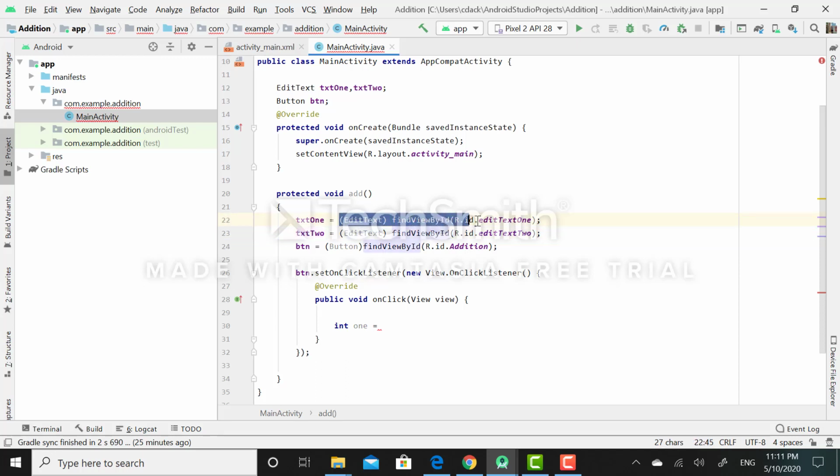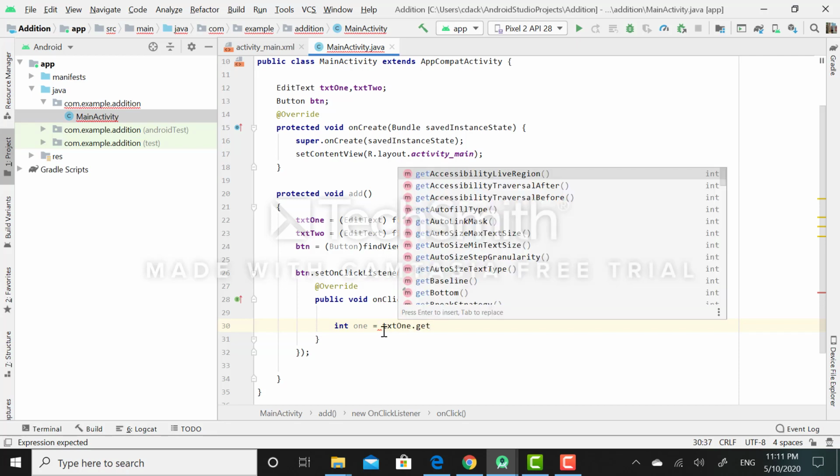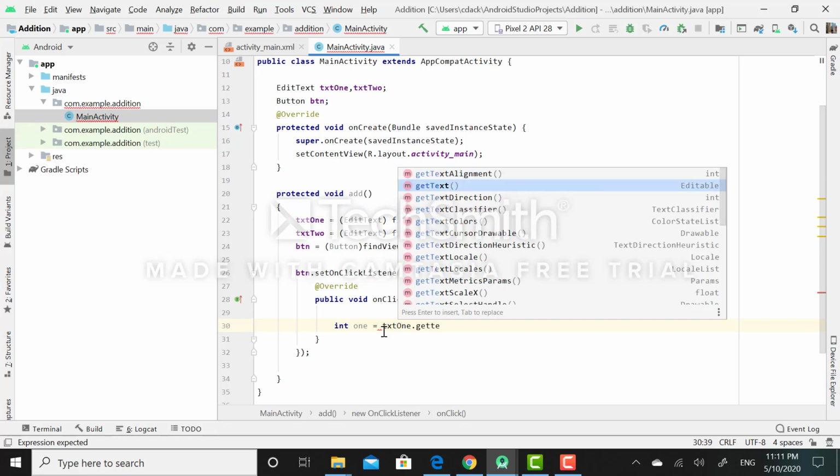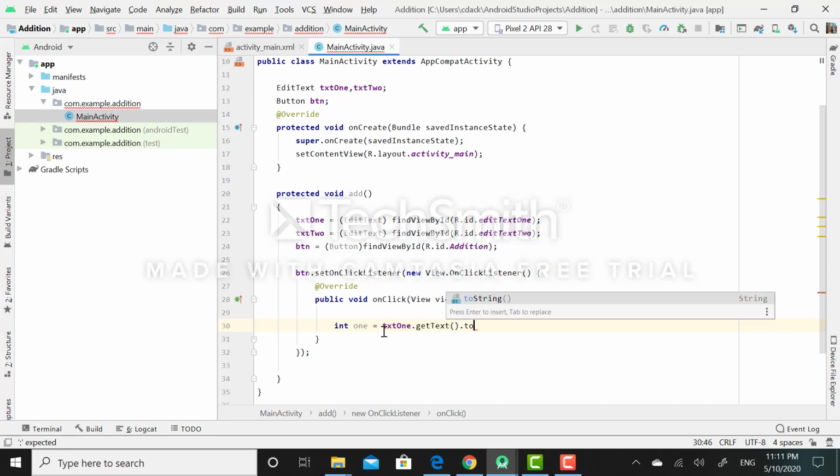Since this is a first plain text widget, this is the ID of plain text widget, and whatever the value user will be entered, it will set to the text1 reference. So I will call the method text1.getText, and I will convert into the toString.